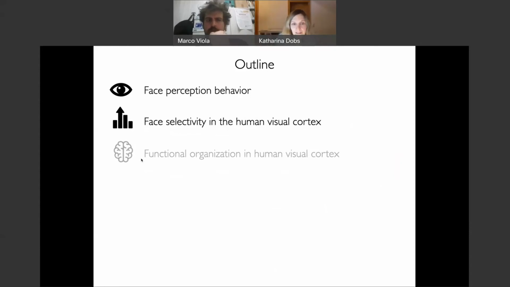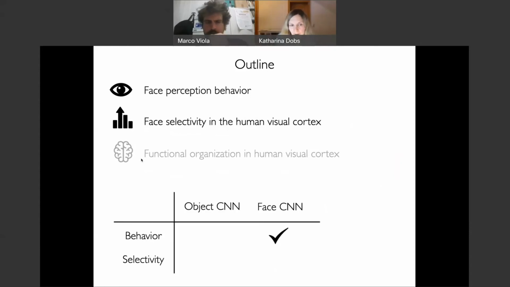So when we looked at face selectivity in human visual cortex, we again found it in the object CNN, but it didn't match human behavior or the criteria that we cited, with more details, as well as in the face-trained CNN. Cool. Okay. So now we're getting to the last part, where we're looking at the functional organization in human